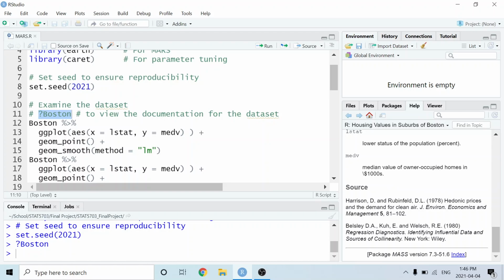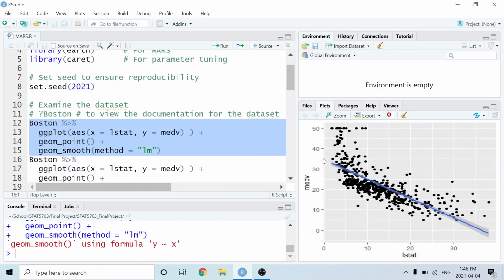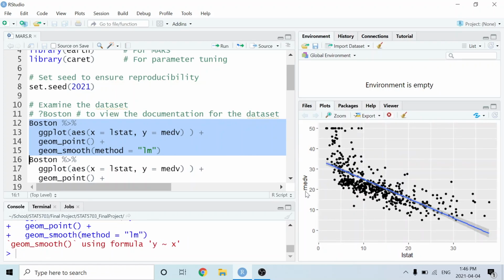Next, we're going to explore the dataset a little bit, just with some visualization very quickly. Specifically, we're going to be looking at this variable called LSTAT, which is the percentage of lower status in the population. So first I'm going to plot that using ggplot. Along the y-axis we have our response variable, which was that median value, and along the x-axis we have one of our independent variables, LSTAT.